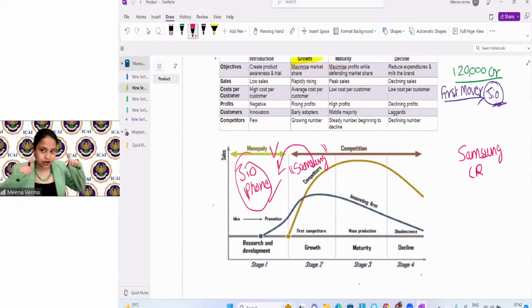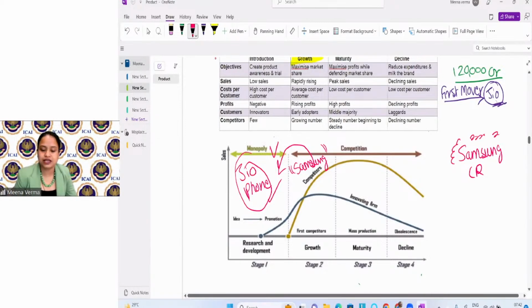So the point is that other competitors will start noticing your product. They will say, oh, it's a new product. They start noticing, right? So what will happen? Like in this case, Samsung introduces their own smartphones in the market. Now what happened? They have not done any research and development. Why? Because instead of research and development, Samsung took an iPhone,